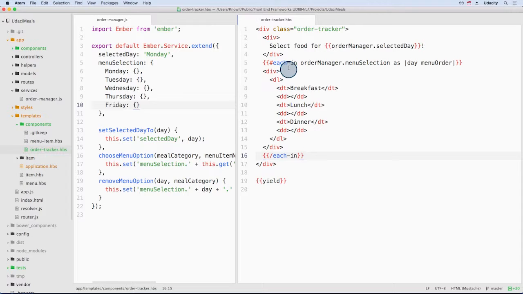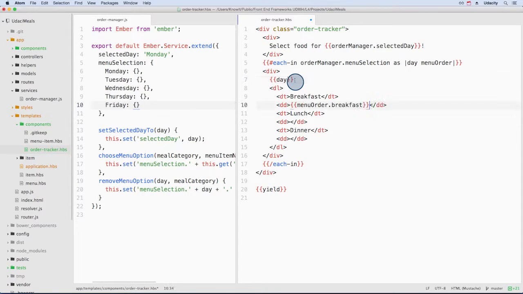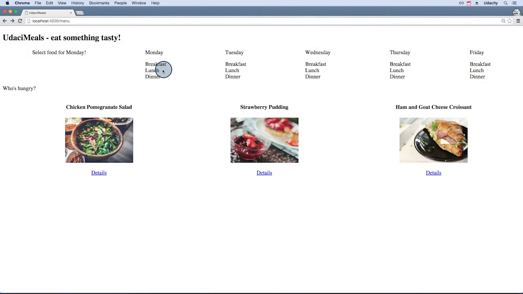Let's use Ember's each_in helper to loop over the days, storing the key as day and the day's order as menu order. Let's use these variables to print out the day and the chosen menu item for a meal. So here we're printing out the day, and here are the menu items for breakfast, lunch, and dinner. And there we go, we're showing a meal time for each